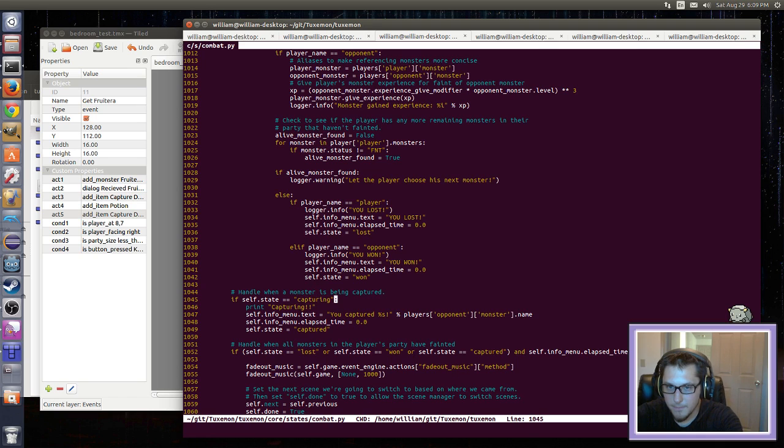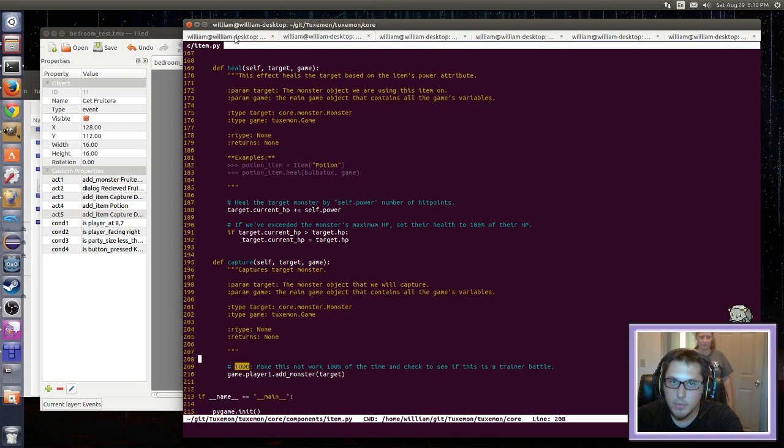So, let's say if it's this, and the info menu's elapsed time is greater than the delay. So only when it's greater than the delay, the little window delay, will it actually run this code. So